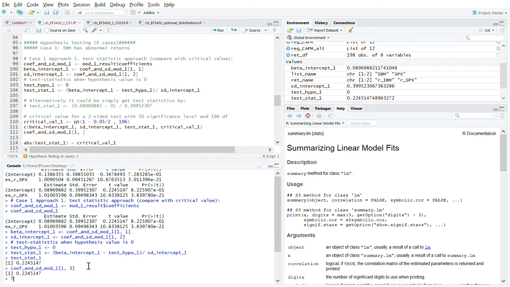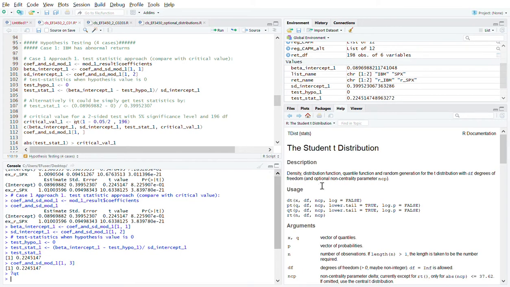Basically, for every well-known distribution in R, they have built-in functions for common actions, like how to compute the density, CDF, quantile,